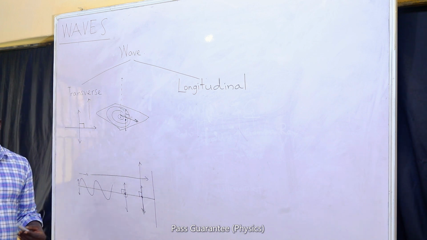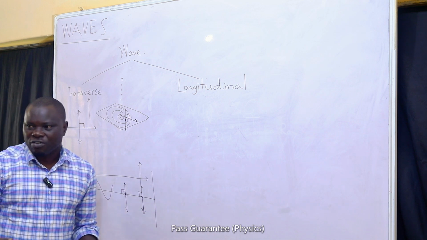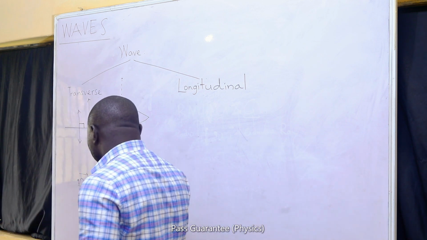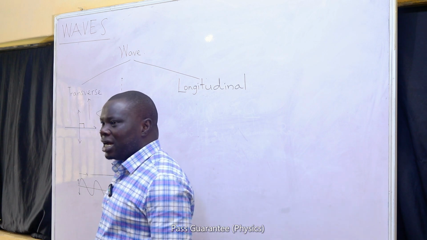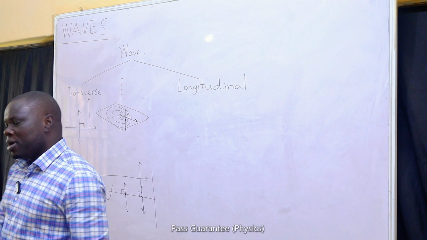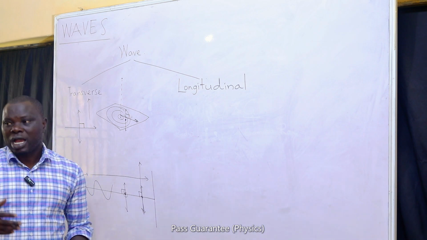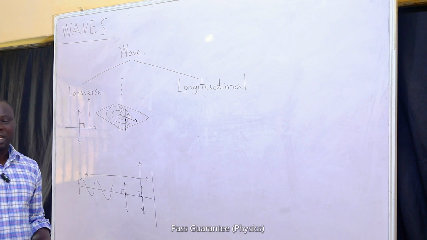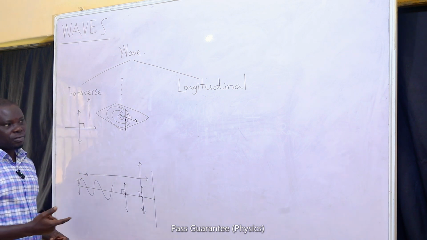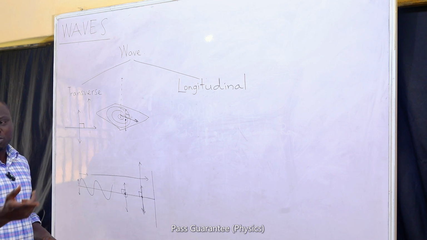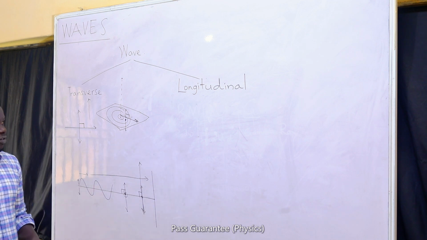But we cannot show that because the medium that is required for them is not a medium that we can all see, as they are not material medium. They are electromagnetic medium that are a little bit harder to conceptualize. But we are expected to know that all electromagnetic waves are transverse wave. But it is not all transverse waves that are electromagnetic wave. I must also make that clarification.